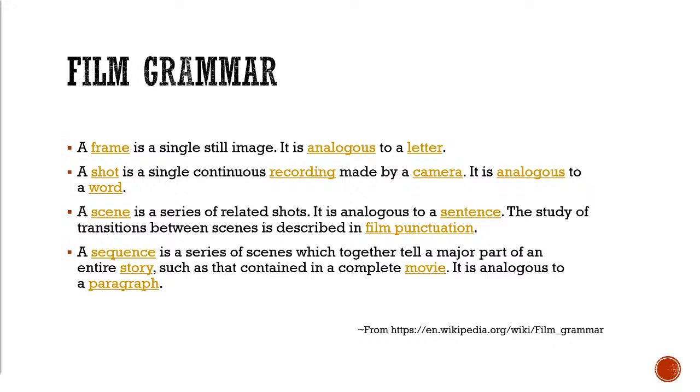So a shot is a single continuous recording made by a camera. That is a square of your storyboard. Is the camera on a person's face? Is it moving, panning, whatever. So that's a shot. That's a word in your sentence. A scene is a series of related shots. So like a scene of your story, and you plan out what the shots in the scene are going to be. That's what you see in the Pixar video that you should watch, that's in the Discord. It'll show you, I have this scene, and this scene is composed of these camera movements and shots.